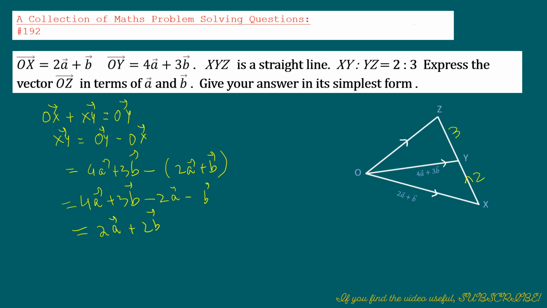So the next step is we have to get what YZ is, because you see, OY plus YZ equals OZ. So in here we can write OY plus YZ equals OZ. And that's what we're trying to get to. So we got XY, and now we know that